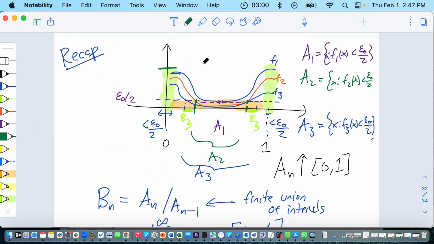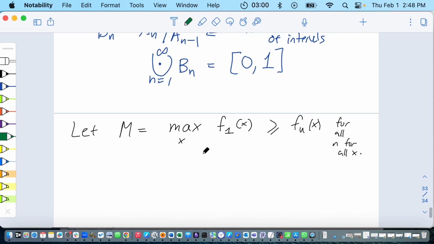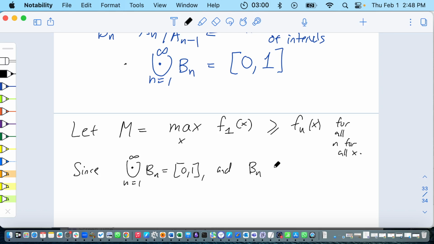You have some height m over here, and that will control the maximum possible height. And then what I'm going to do is make this region less than epsilon naught over 2m. So I'm going to take this line. Since the union of n going from 1 to infinity of Bn equals (0,1), and Bn are finite unions of intervals,